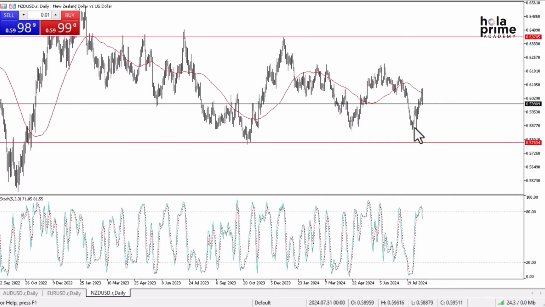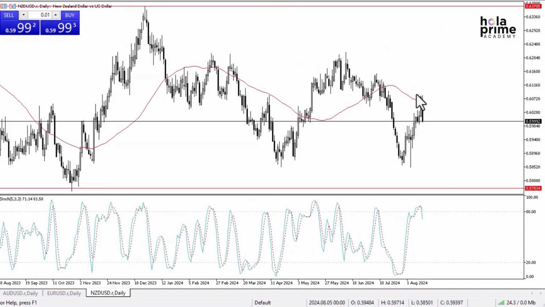Notice how recently we had seen a bounce from the bottom of this range and also got an extreme oversold condition in the stochastic oscillator on the daily chart. In fact, we reached as low as 5.91. Once the stochastic oscillator started to cross and start heading higher, that was a sign that we could be buyers. So this is what it looks like from an extreme